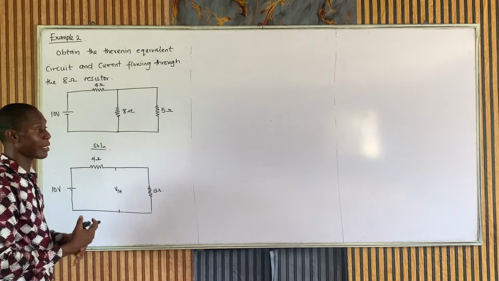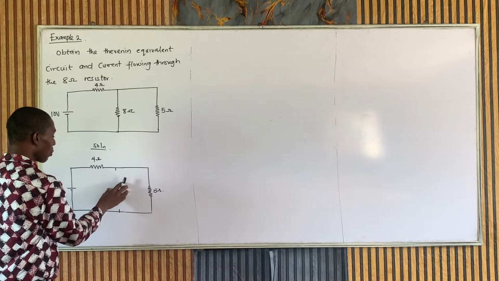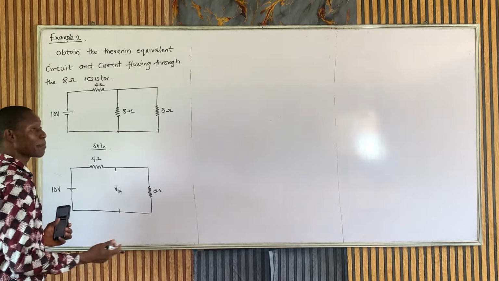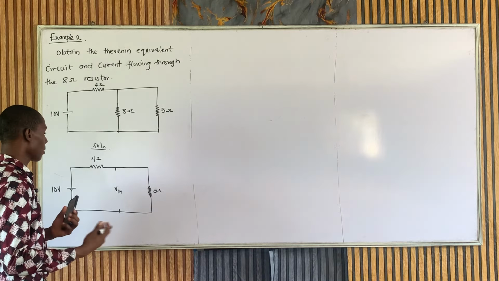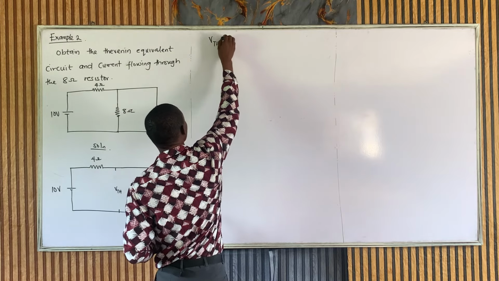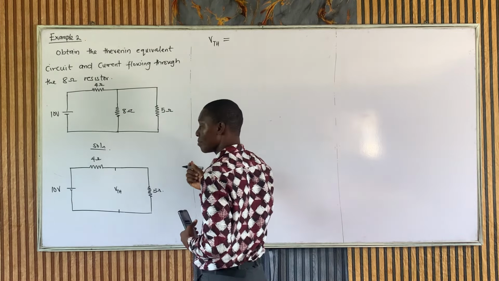So these two are in parallel. You see, the open circuit voltage here is the voltage across the 5 ohm resistor, because voltages in parallel are the same. So very easy now. My VTH is simply going to be